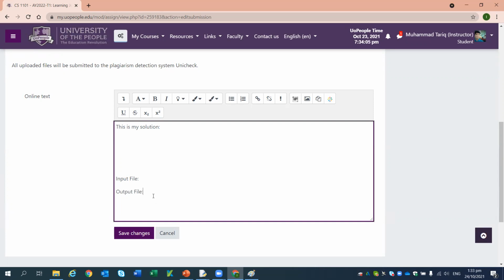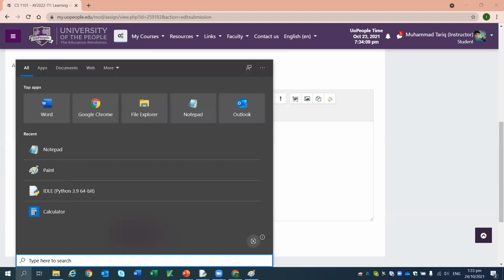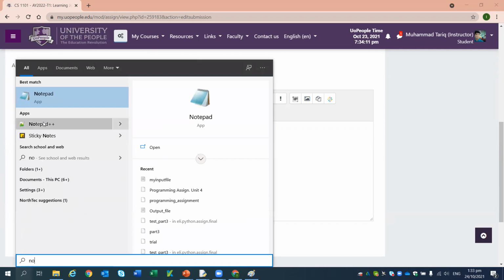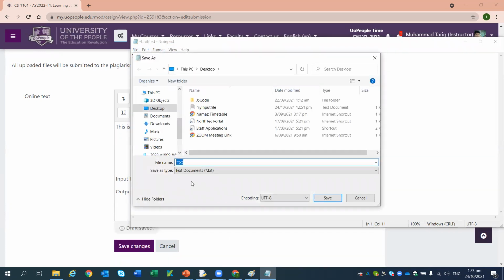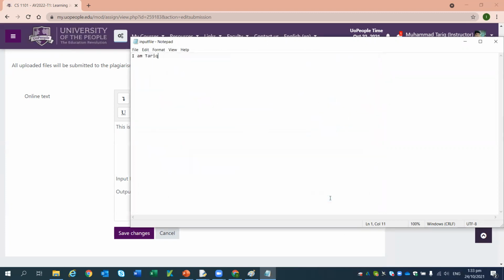So first I will make two text files. I just create one text file. For example, I am Tariq, and I am going to save it as input file, and I'm going to save it in text.